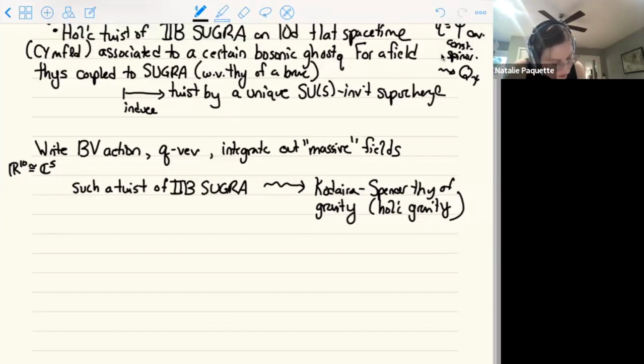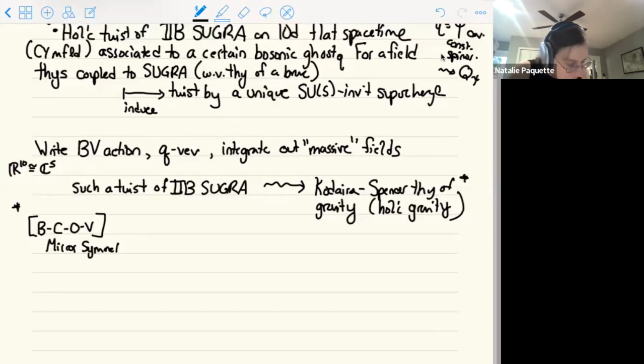The original paper that studies this is by Bershadsky, Cecotti, Ooguri, and Vafa. So it's also called BCOV theory sometimes, if you want to read more about how this theory is actually defined. And it's also discussed extensively in a gigantic book by many authors called the Mirror Symmetry book. And so you can read more about these kinds of things as well. So what this Kodaira-Spencer theory is,